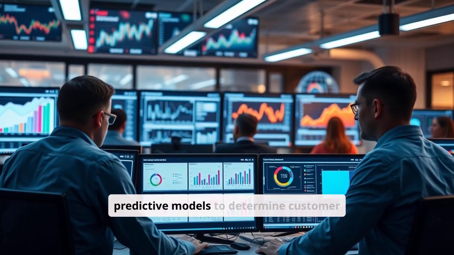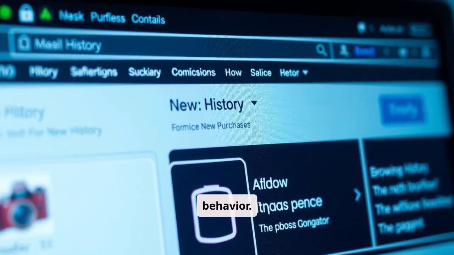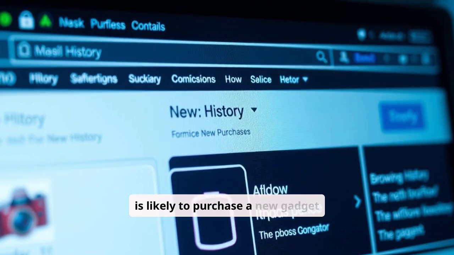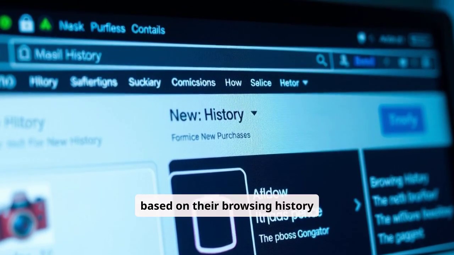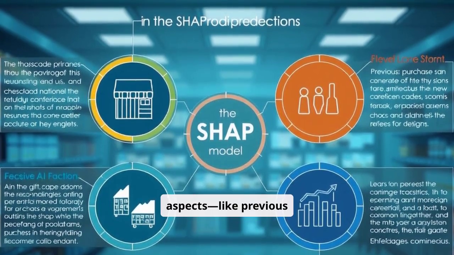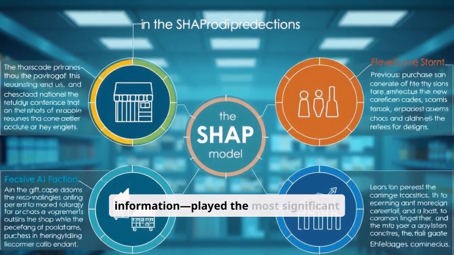Businesses often use predictive models to determine customer behavior. For example, if an AI model predicts that a customer is likely to purchase a new gadget based on their browsing history and past purchases, SHAP can clarify which aspects, like previous purchases or demographic information, played the most significant